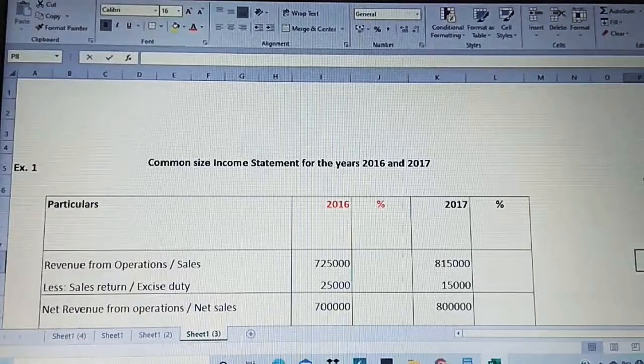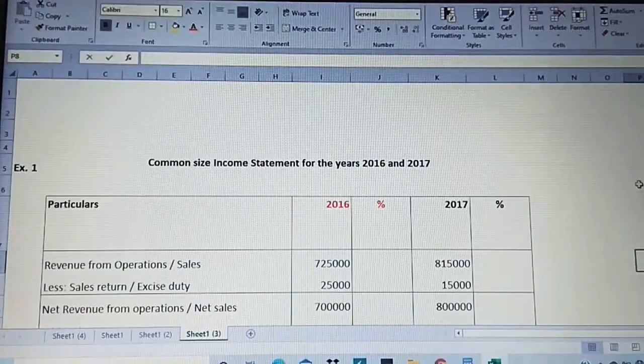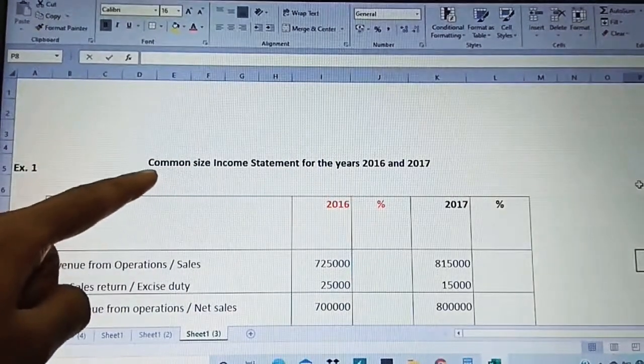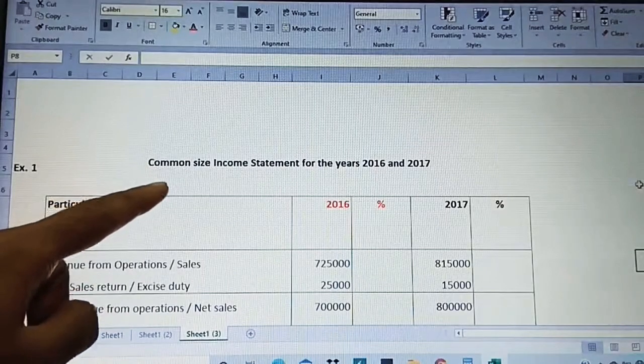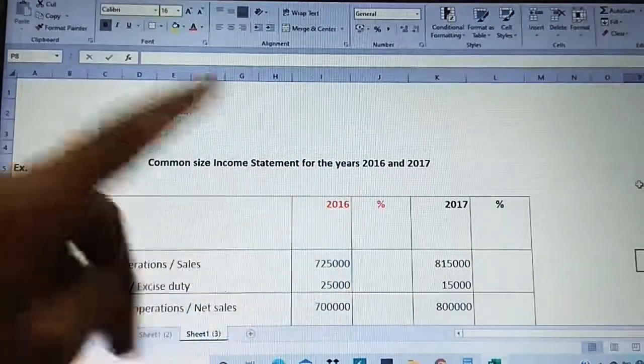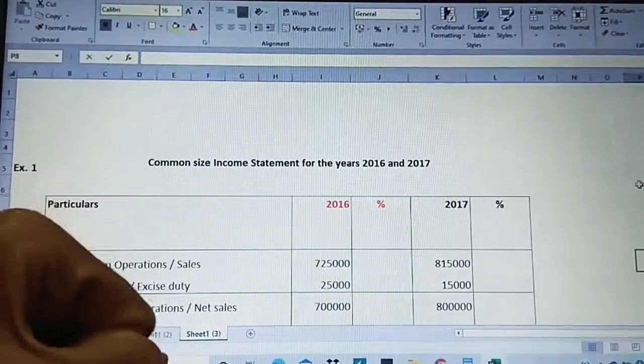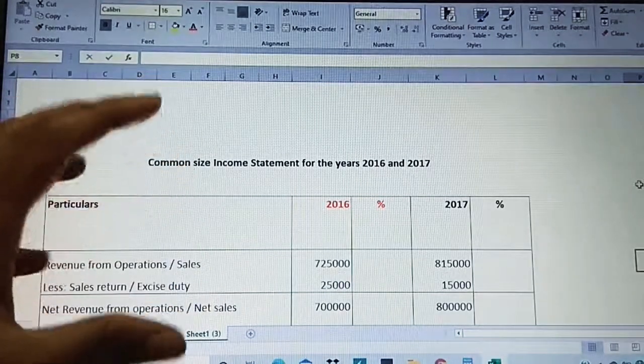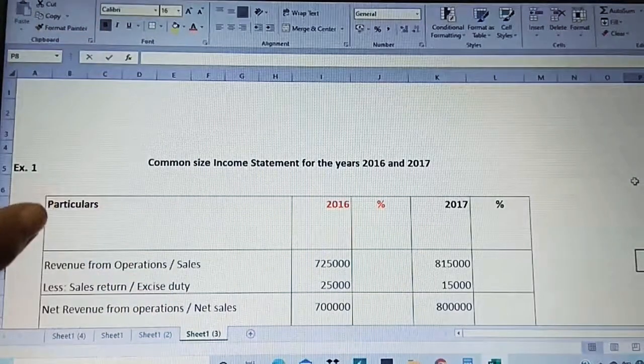Now coming to the next video. Observe, this is going to be the same concept as your previous video, the comparative income statement. I have taken that format of the question for the calculation of common size, a slightly different method. You have two different methods of analyzing the income statement, either comparative or common size. Now we are going to choose common size. How is this going to be analyzed by us?